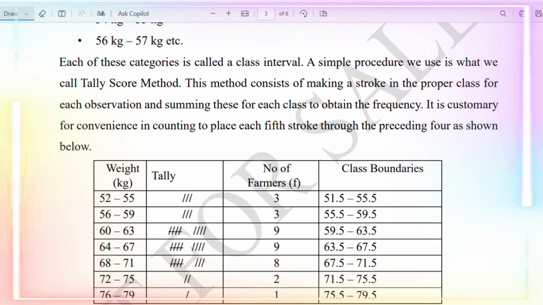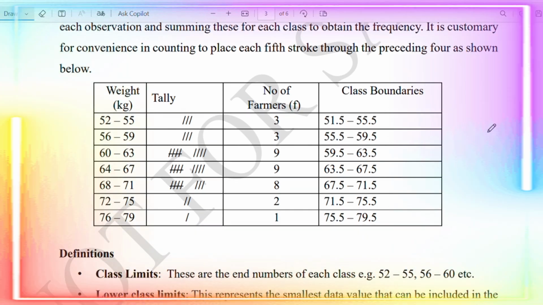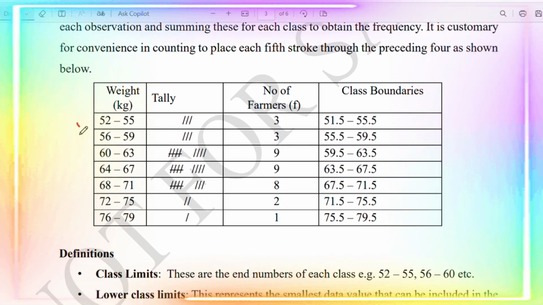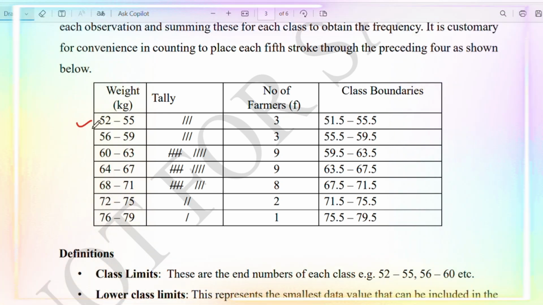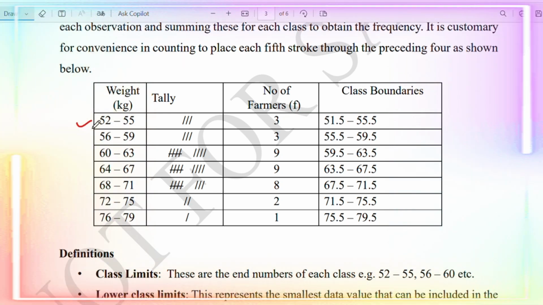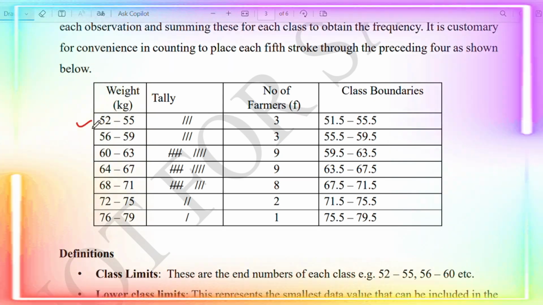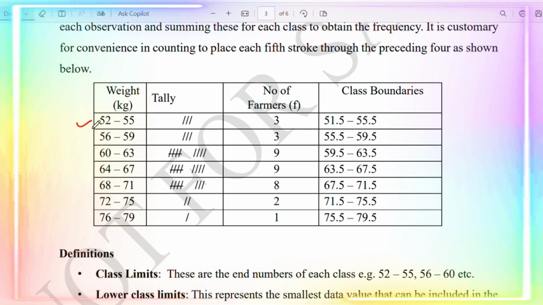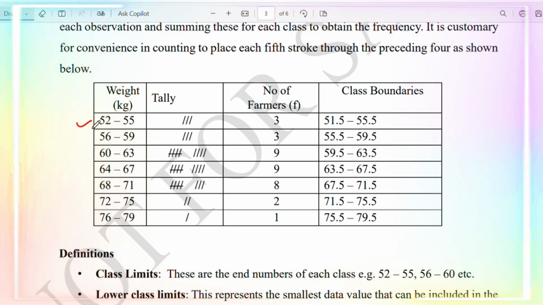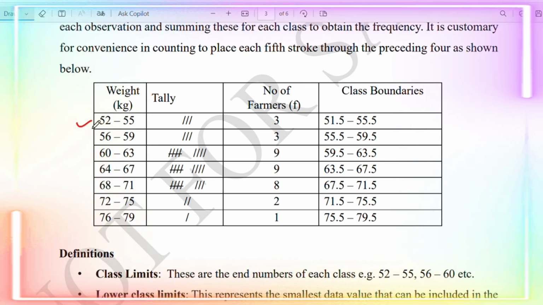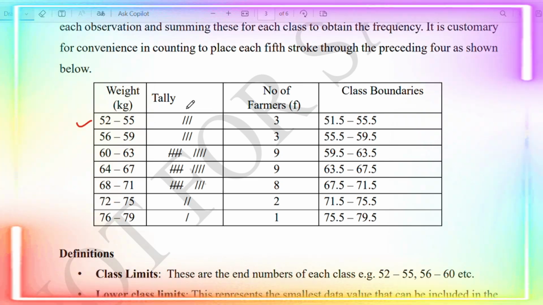Now, if we do that, then the table will become what we have here, such that we have the group, which we can refer to as class interval, as 52 to 55, for example, which means we have how many observations in that class? We have 52, we have 53, 54, and 55. That is 4 observations in each group. So, from 52 to 55, how many counts do we have? We have 3